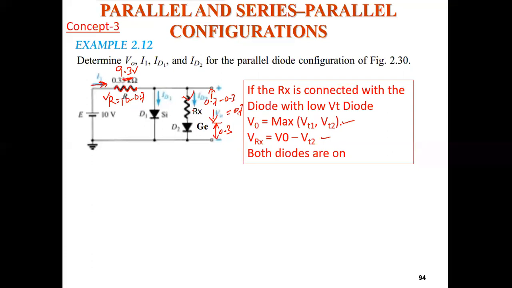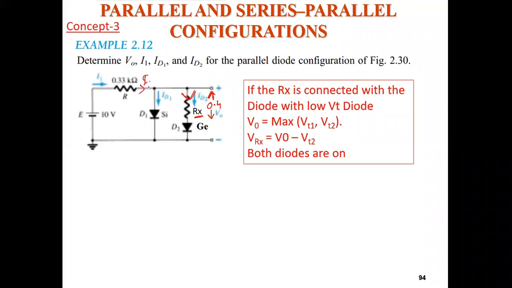मुझे ये RX के केस में वोल्टेज पता है. ओके, सो दैट इज 0.4. ओके, और RX का वैल्यू भी मुझे पता है. तो ये जो रजिस्टर के RX के केस में करंट कितना होगा? Can I find out that thing? Yes, sir. ओके, सो डिवाइड करके हमको मिल जाएगा. Okay, so I know that this voltage equal to 0.4 across this resistor Rx. This voltage is 0.4 and this Rx का वैल्यू दिया जाएगा. तो V by R will be this current. Okay, so that means ID2 I can calculate.